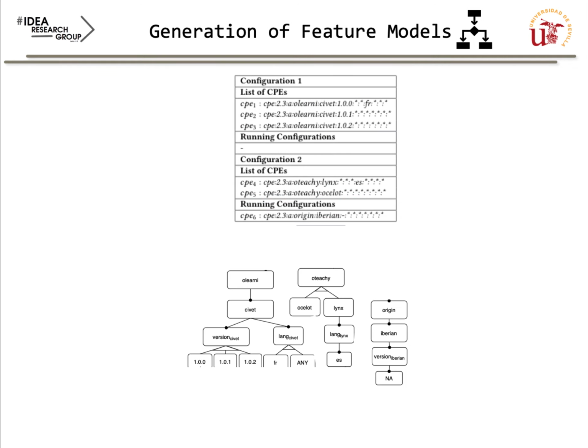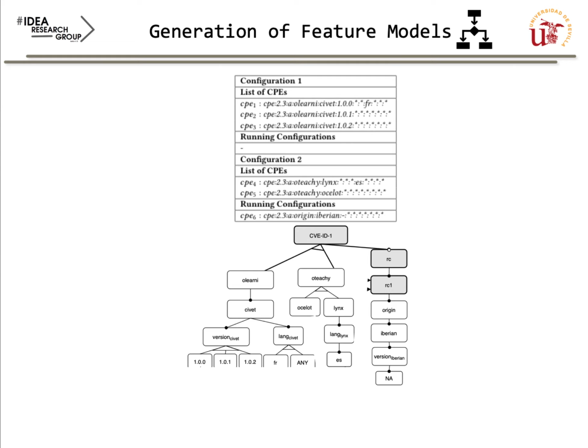In the second part, we integrate and restrict those sub-feature models into a single one by joining the sub-feature models under the feature model related to the CVE identification. That's it. We introduce a superfluous feature that represents the name of the CVE, and to conclude the construction, we analyze the attributes of the configurations and we include some